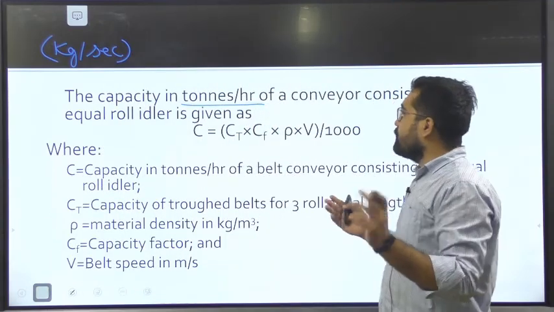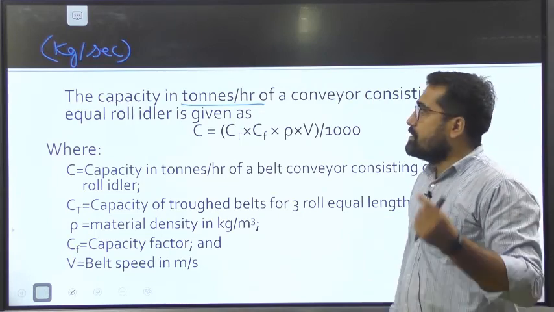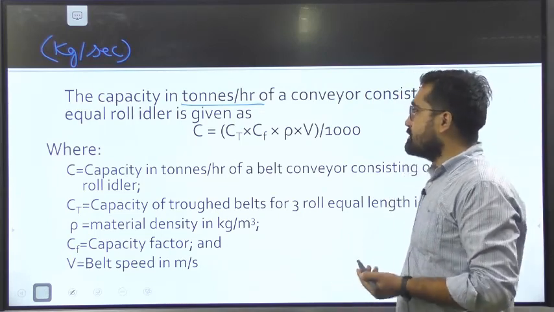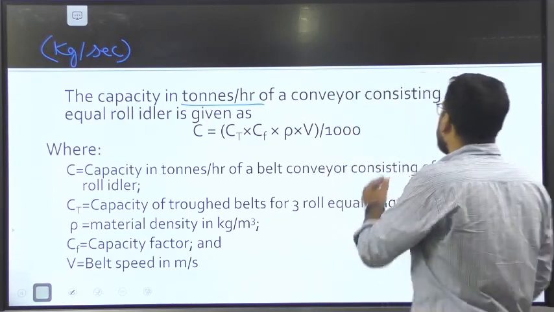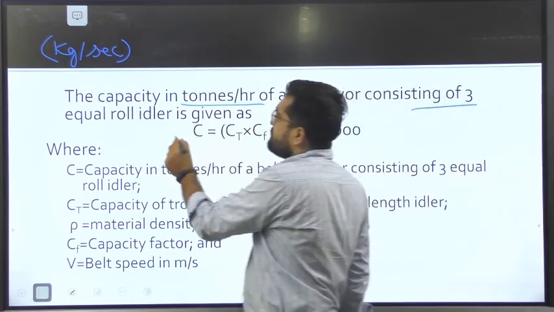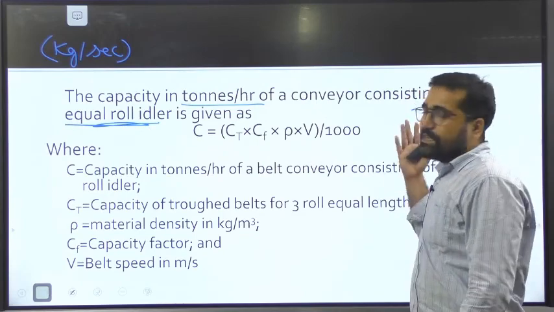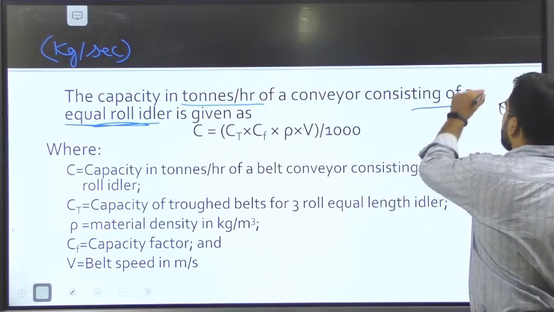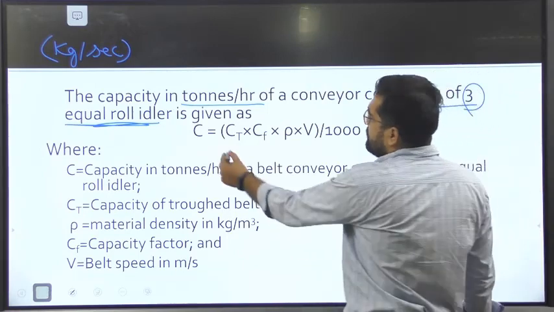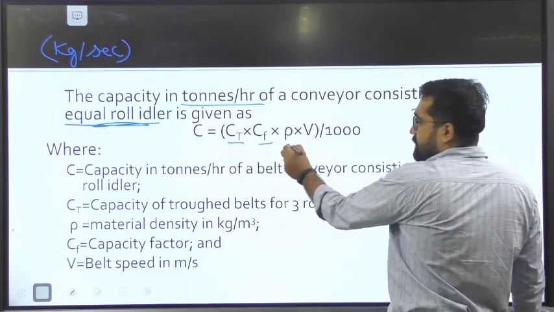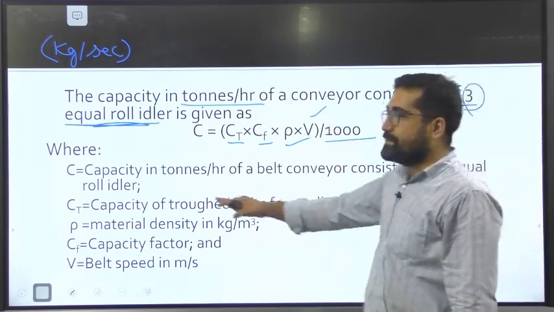We have to find out the capacity in tons per hour of a conveyor consisting of 3 equal roll idlers as given. Whenever we are designing, we will get how many roll idlers we are going to design for. Here we assume 3, or n number of roll idlers. What should be the formula for that? C equals Ct Cf into rho into velocity by 1000, where C is the capacity in tons per hour,